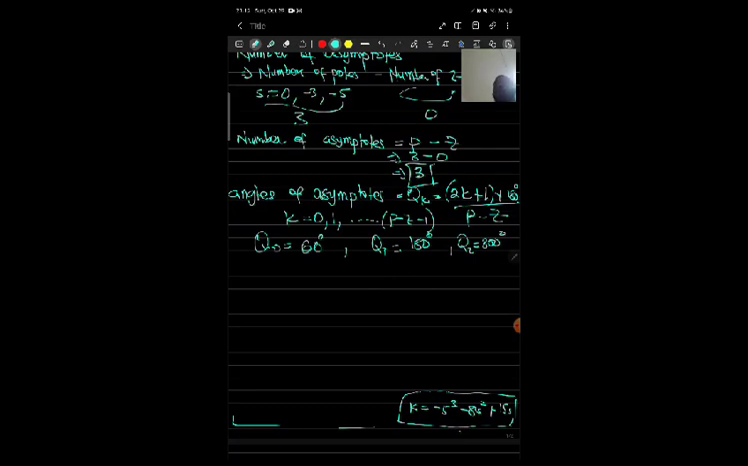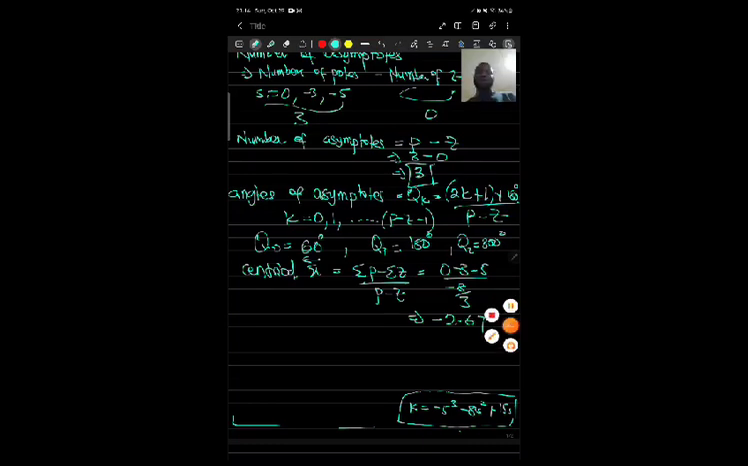Then we have to go ahead and find the centroid, which is summation of poles minus summation of zeros over number of poles minus number of zeros. So we have minus 3 minus 5 all over 3, which is minus 8 over 3, which gives you minus 2.67. So the number of poles multiplied by